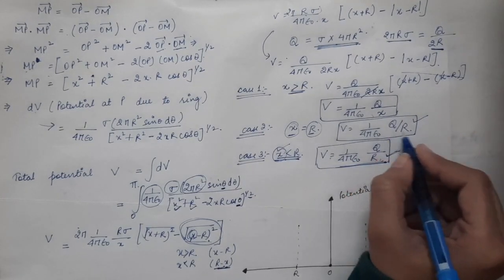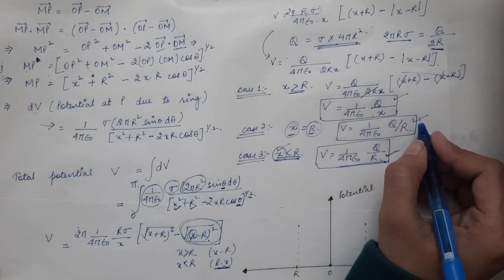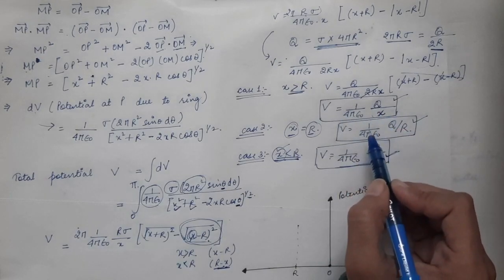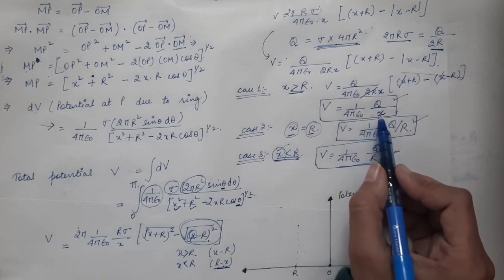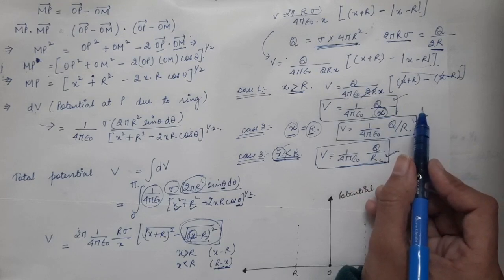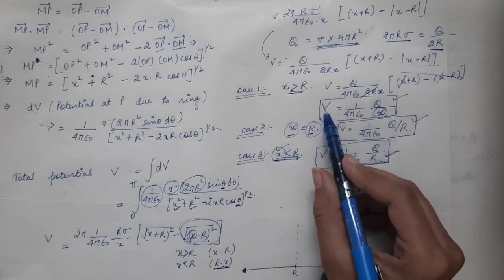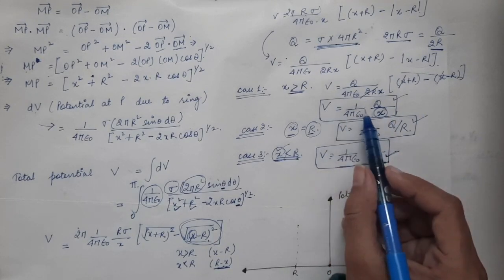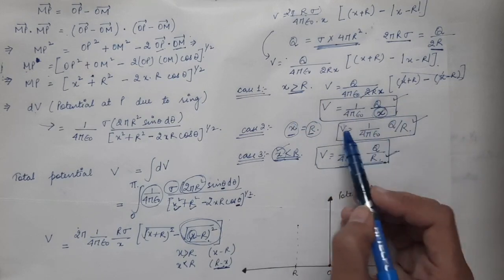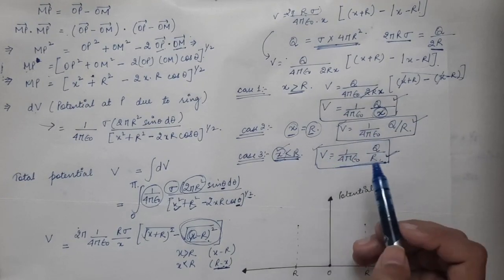And on the surface also the potential remains the same, but as the observation point is moved outside the shell, the potential becomes a function of the position of the observation point. As you increase the distance of the observation point from the center, that is, as you increase this x distance, the potential will decrease. So potential is a function of x when the observation point is outside the shell, whereas it is independent if the point is either on the surface or inside the shell.